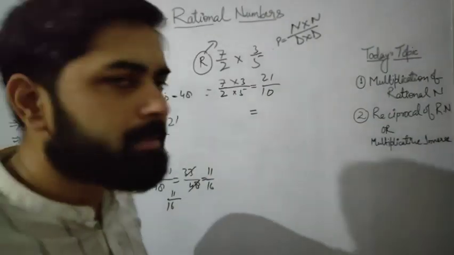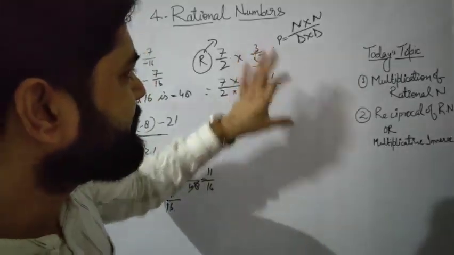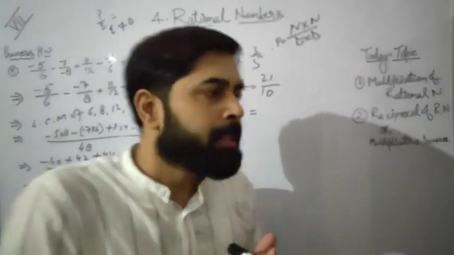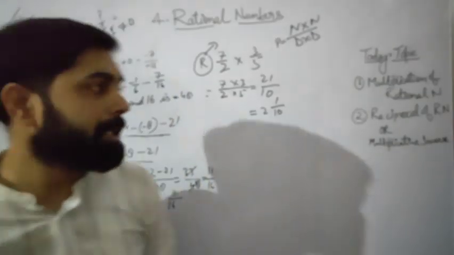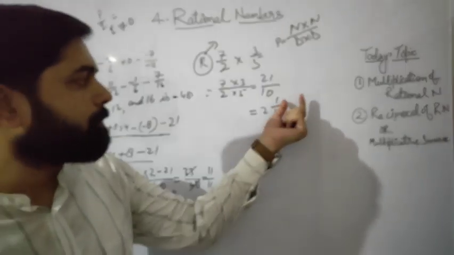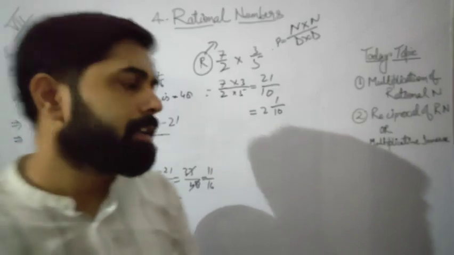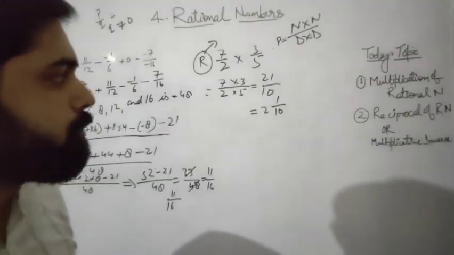This number is not divisible by any same number. These numbers are not divisible by any same number. So what will you do? You can write it as a mixed fraction. So 10 twos are 20, 1 upon 10, because after the division we get 2 as a whole number and 1 as a numerator and 10. Then the answer will be 2 and 1 upon 10.